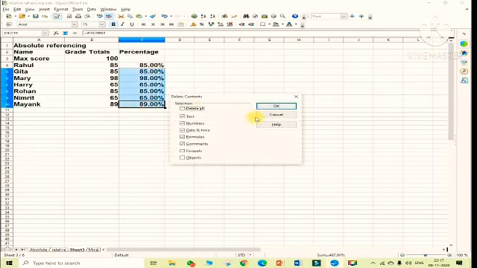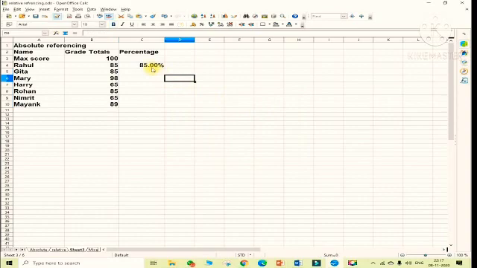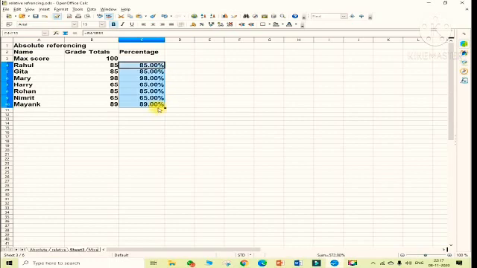Then I got the percentage. To find the percentage for the other students, I have to drag the cell. Then I get the answer for all the cells. So this is how we use absolute referencing.